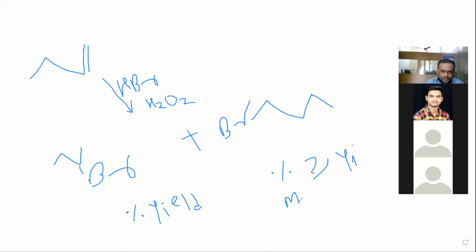Why? This is the anti-Markovnikov's rule. They generate the free radicals. Mechanism proceeds through free radicals. The mechanism कशाने proceed होता? Free radical mechanism, and they generate firstly bromine atoms. Br breaks and attacks on this terminal carbon atom. Carbon-bromine bond formation takes place in first step, and they generate secondary free radical, which is more stable than primary free radicals. It is the bromine पहिल्यांदा अटॅक झाला असता तर काय झालं असतं? They generate free